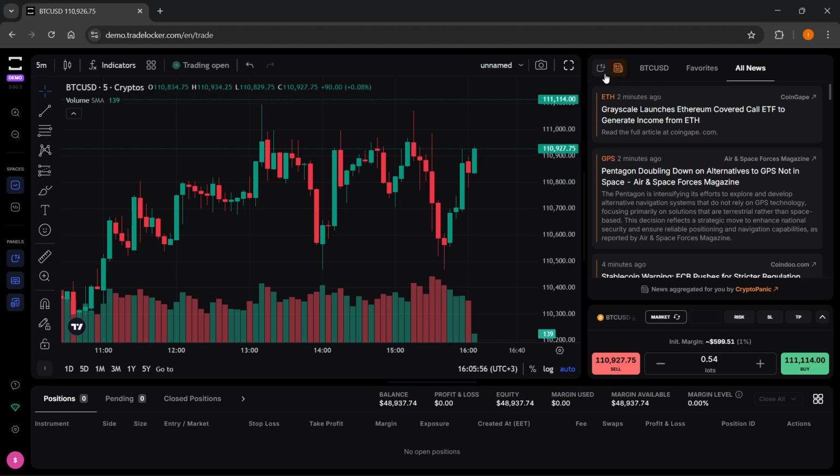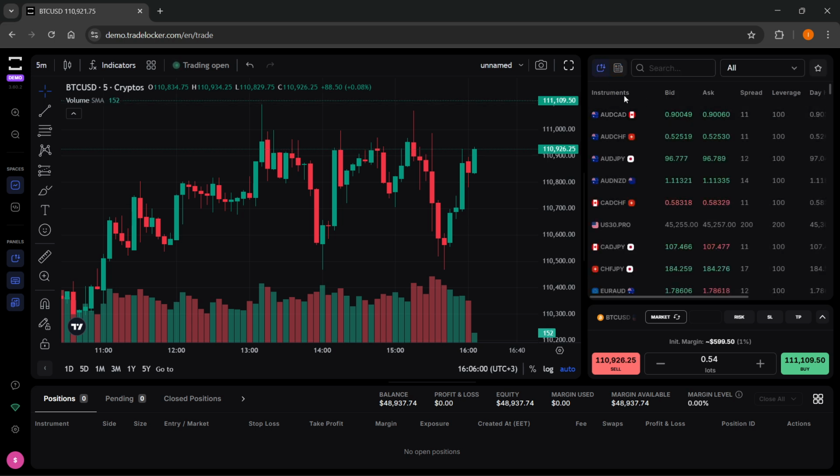So actually, of course, the easiest way to see everything is if you have this button enabled over here, so we can see all the bids, the asks, the instruments, etc. And then down here at the bottom, you have the sell and buy button. So if you want to buy, you can click over here, and if you want to sell, you can click over here. Now, what's very important over here is you can of course adjust how much you want to buy either by clicking this minus or plus button over here, or what you can also do is just type it